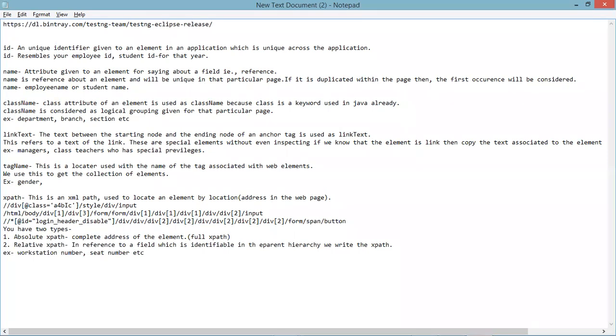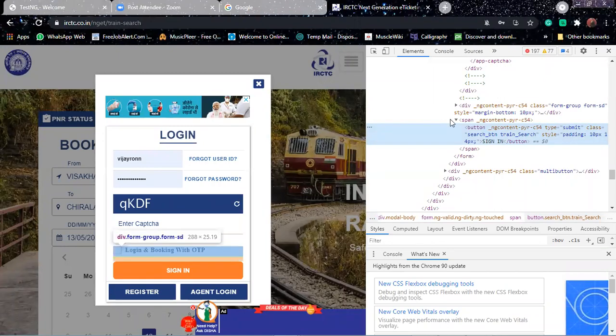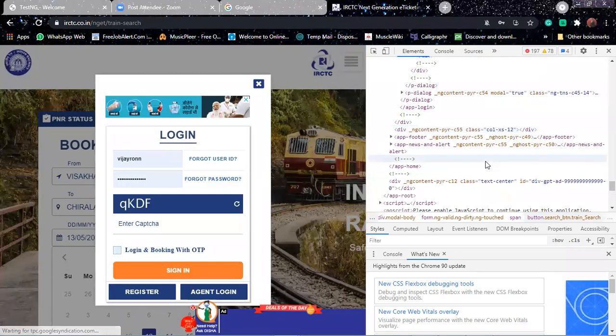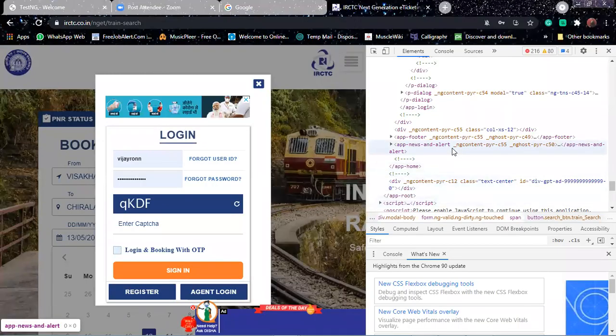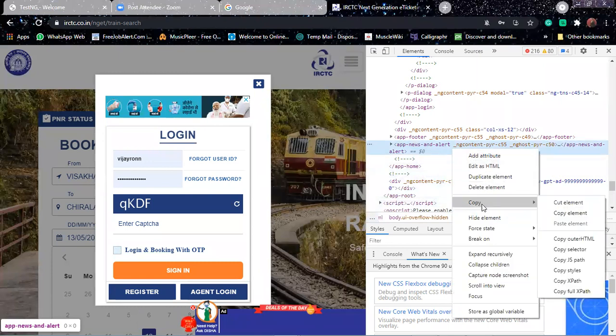You have something called the CSS selector. Choose any element, go to the browser, choose any element and right click. Copy.